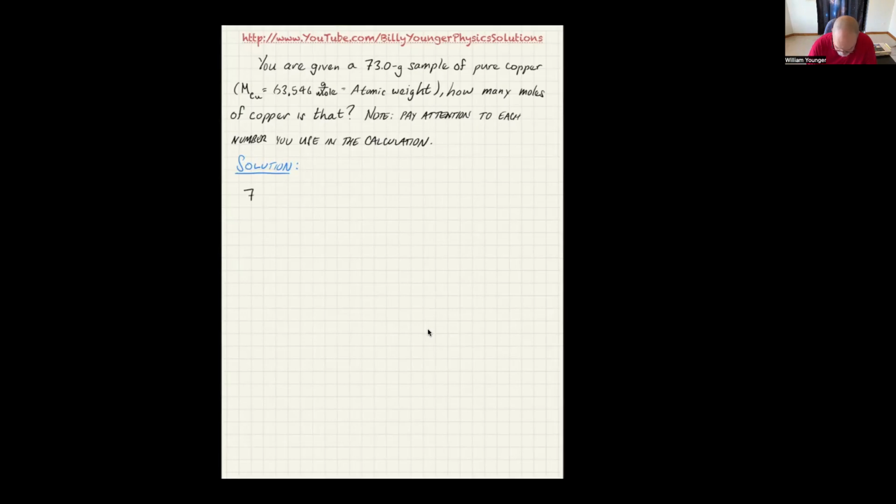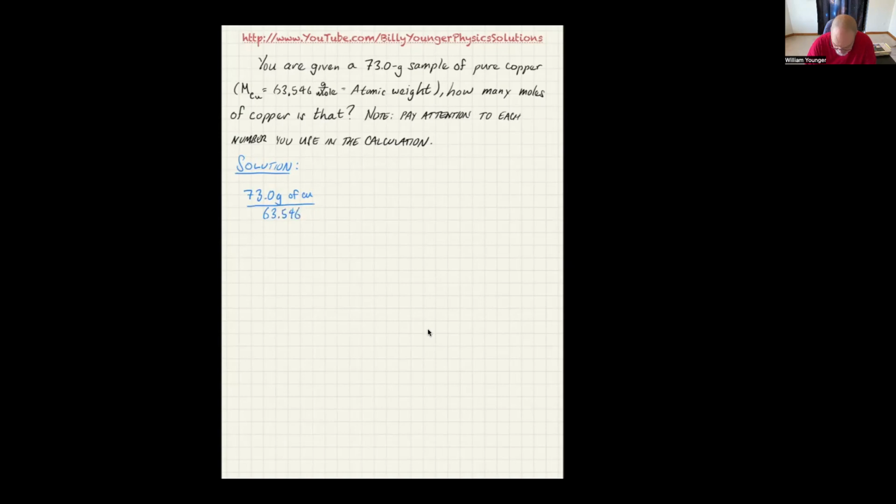I'm going to take the 73.0 grams. Actually, I'm going to write that in blue to keep it consistent with my solution. I'm going to write the 73.0 grams of copper. And in order to do this, I actually could take the molecular weight, which in this case is an atomic weight. One way of thinking about it in the periodic table is that it's measured in grams per mole, in which case, if I take the mass in grams and divide it by the grams per mole, then I get the number of moles. So I'll divide this by